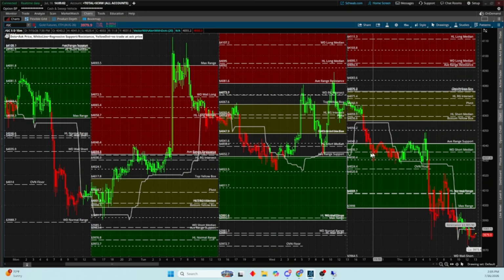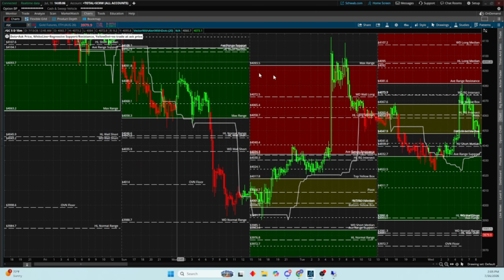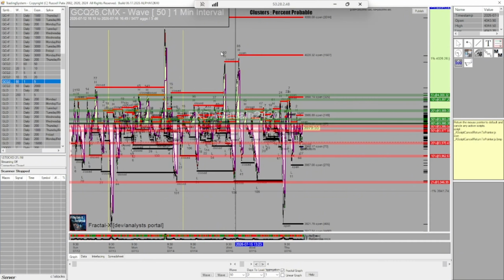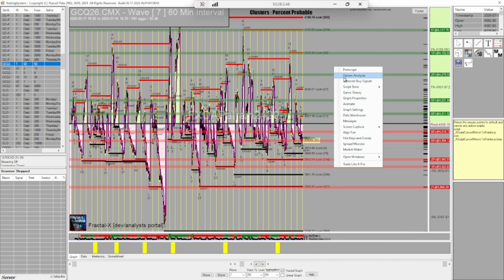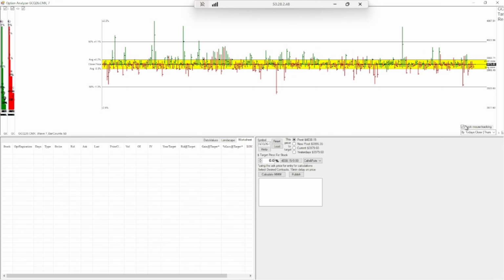Right here, and so on, like over here. What they are, if you go back to that yellow box, are previous hourly candles that broke out of the yellow box that aren't considered average range or max range. So if you'll see here,